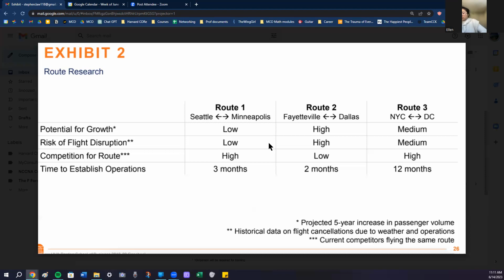So taking this all into consideration, with route one having the lowest potential for growth and the highest competition, its fastest payback period is still considerable. With route two, we have high, right? So it looks like all three routes have a potential for being attractive. However, I'd like to take route three ultimately, due to its 1.5 years, which is half the 3-year regular payback period, as well as its